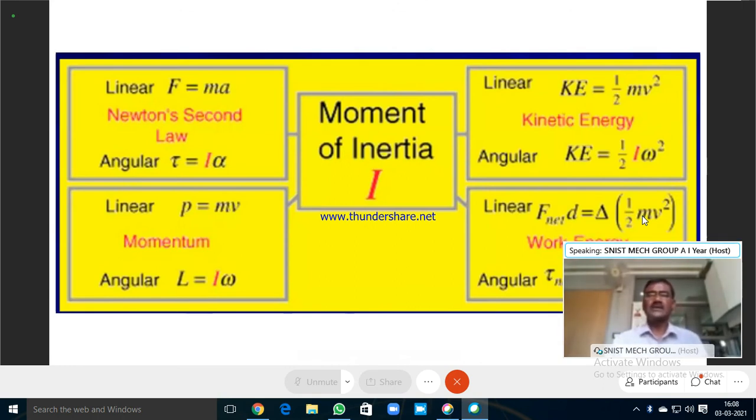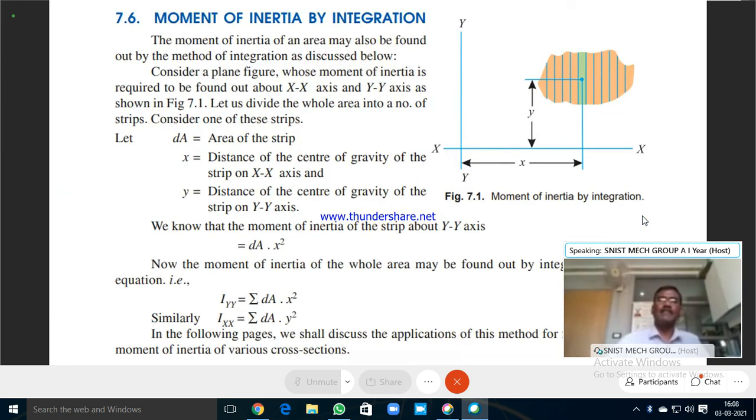Okay, so let us understand the moment of inertia by integration. It is area moment of inertia. So your area is in the plane of xy. You please note this simple diagram, right? And how to select an elemental area dA. So this strip which is shown with the green color is dA, and it is at a distance x and y from the x and y reference axes, and your moment of inertia is nothing but moment of area. It is also called second moment of area.